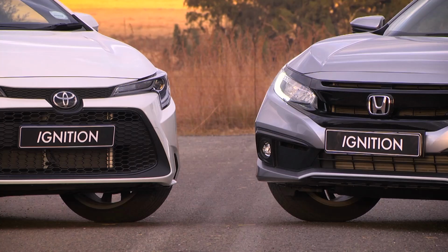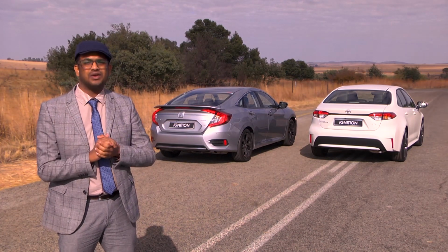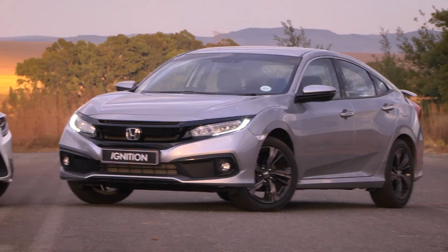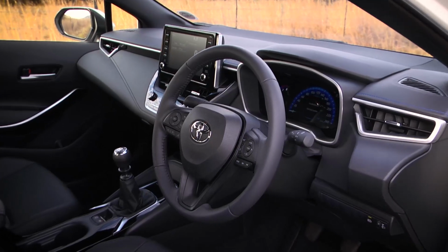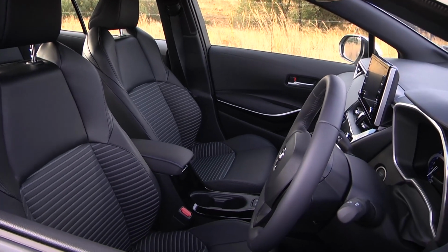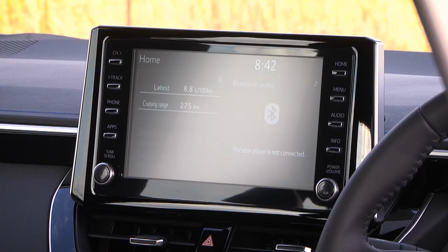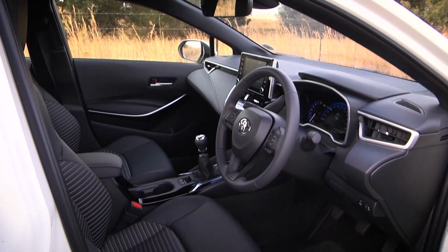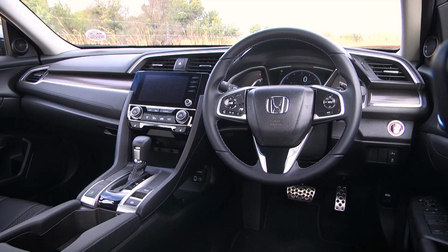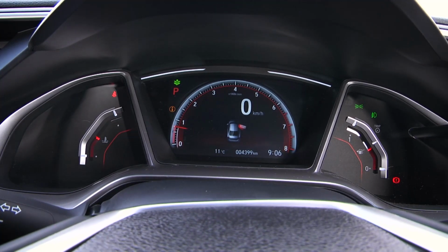But when it comes down to rands and cents, your vote is likely to be swayed towards the Toyota Corolla because it is considerably more affordable. Prices start at 380,200 Rand, and this 2-litre XR is 420,500 Rand. On the other hand, pricing for the Honda Civic starts at 441,800 Rand, while the 1.5T Sport featured here is